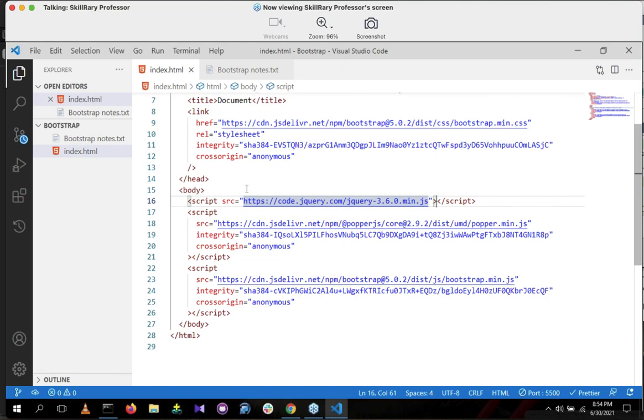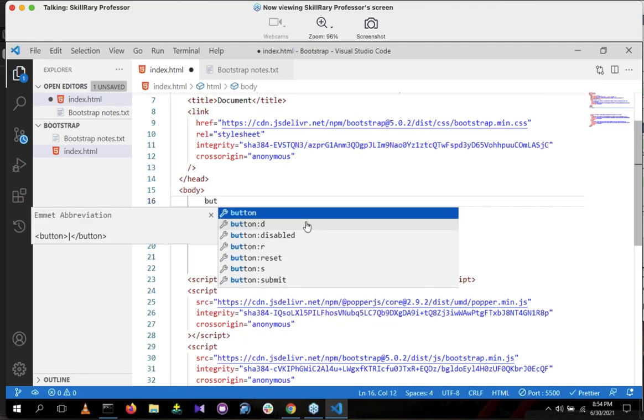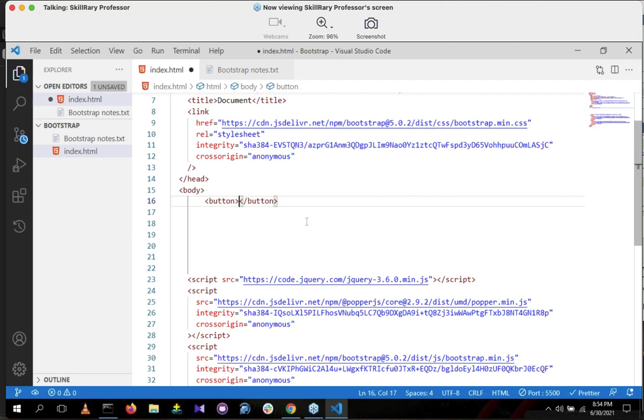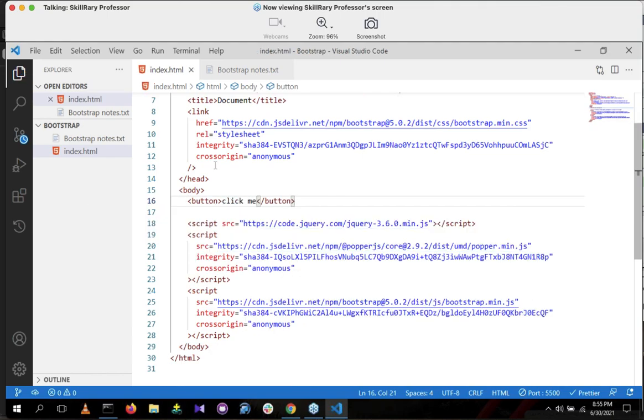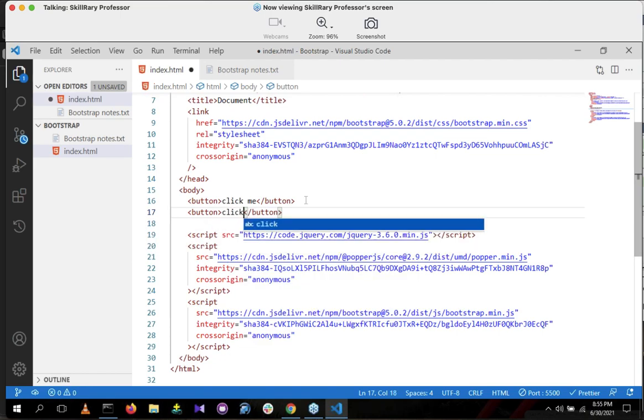Good. After this, guys, those who asked for button, click the button tag here. Once you are done with this button tag, you write click me as the content. This one everyone knows, right? HTML we have learned this one. Again, click me. Again one more.